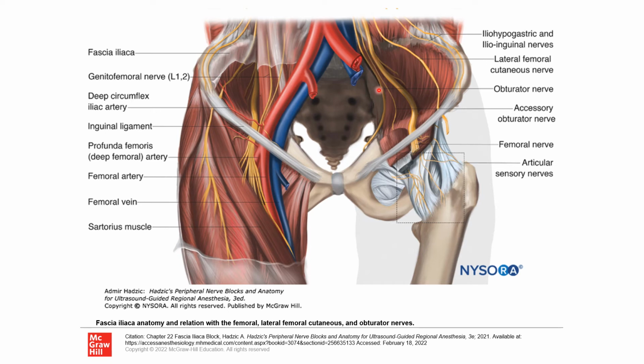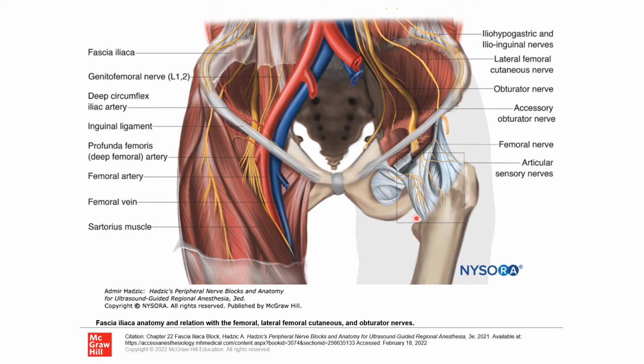The obturator nerve arises from the L2 to L4 nerve roots, and it emerges from the medial border of the psoas muscle and travels posteriorly behind the common iliac vessels towards the obturator foramen. It's separated from the fascia iliaca by the psoas muscle and therefore is not consistently blocked by the fascia iliaca compartment block. The articular fibers of the obturator nerve arise before passing the obturator foramen to supply the inferomedial aspect